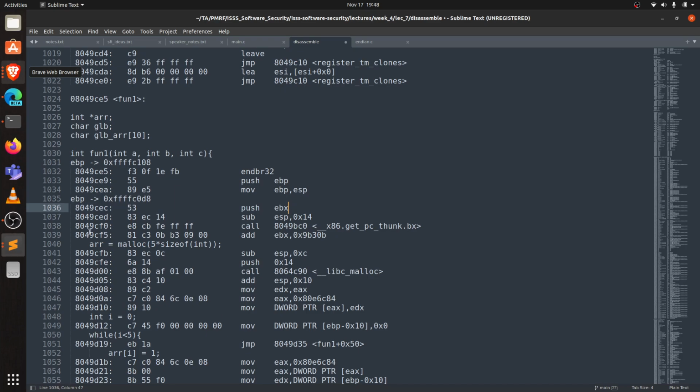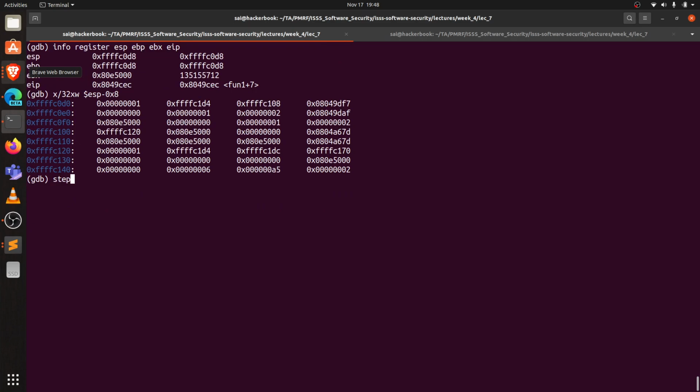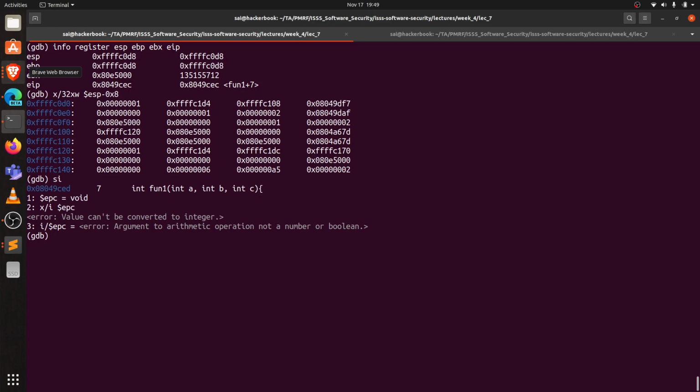So for that, what should I do? I should again insert a breakpoint at this location and all that stuff. But instead of doing that, there is a command called step instruction, and the abbreviation is SI, single step, right? So SI is a command, and if I just do SI,